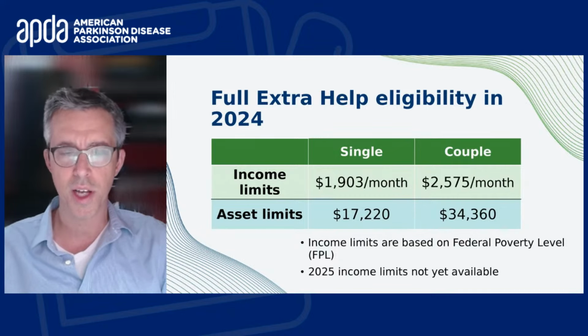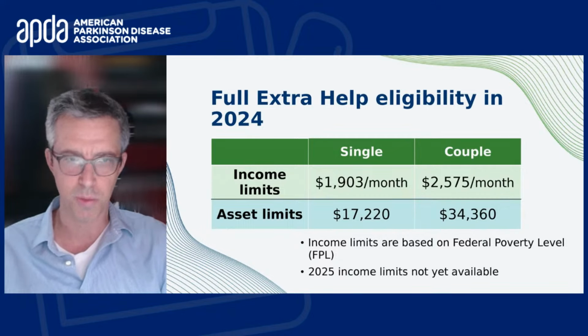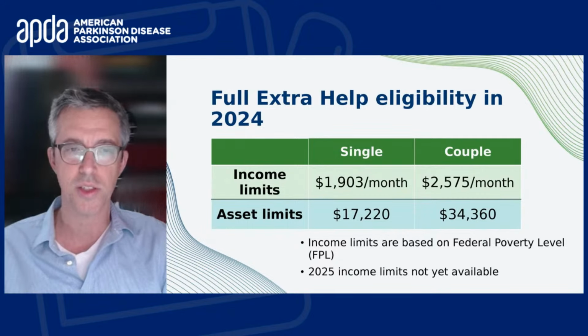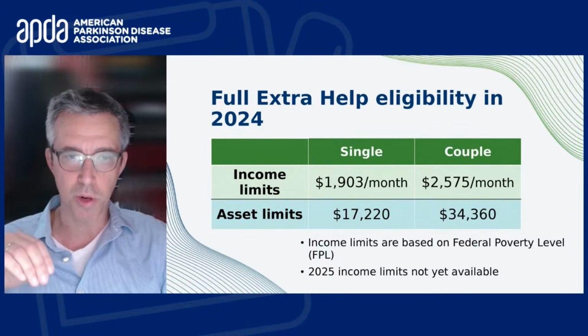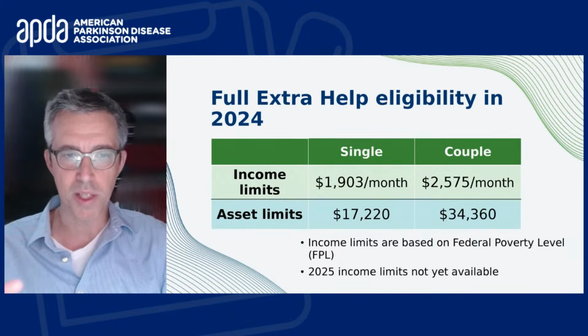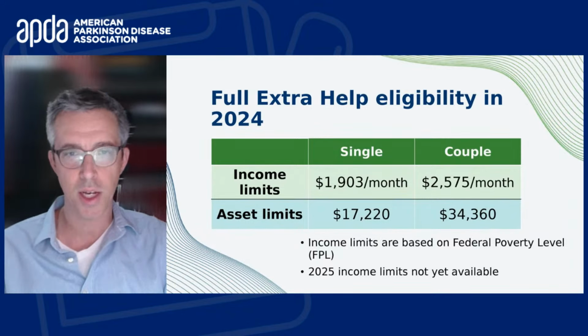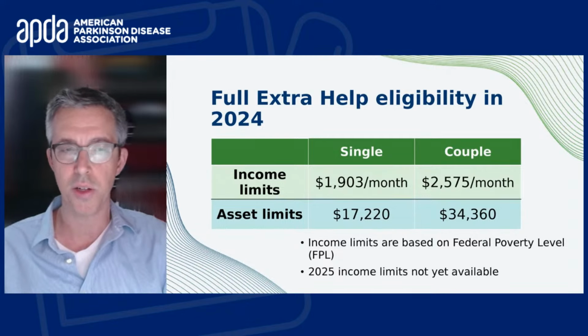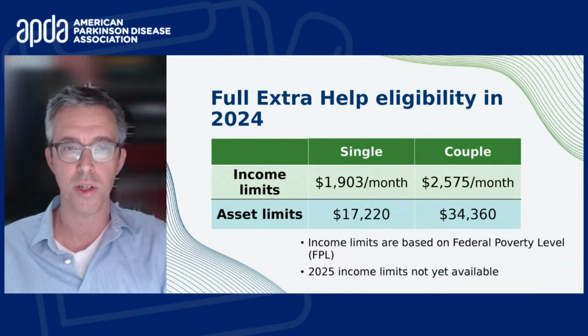And if you have Extra Help, it is basically going to discount your prescription drugs to such an extent that you will be very much protected from any prescription drug costs. It's an incredible and robust benefit. It also pays your Part D premium at the benchmark level. So if you have a basic Part D plan, you won't even pay a premium for it. And if you were late signing up for Part D, it'll eliminate your late enrollment penalty. If you don't have Part D, it will automatically enroll you in Part D. So it's an incredible benefit.